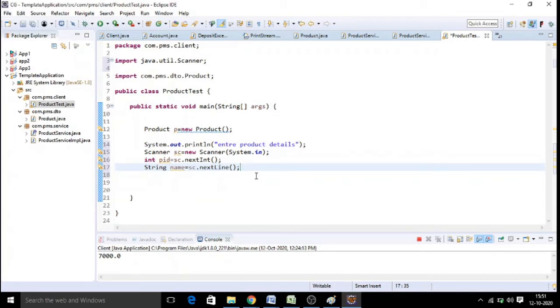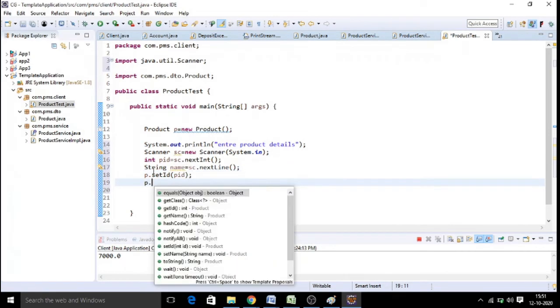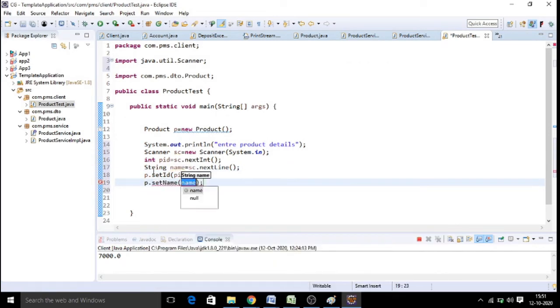After you input the data, first of all, you have to set the values into this product, right? So how do you set the values? Simply take the product object, P dot setId of PID. You have setter methods, right? P dot setName of name.